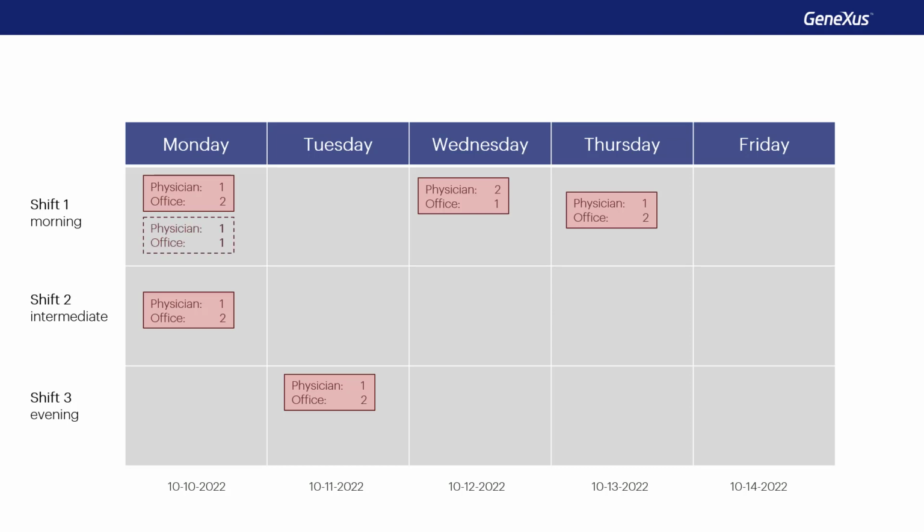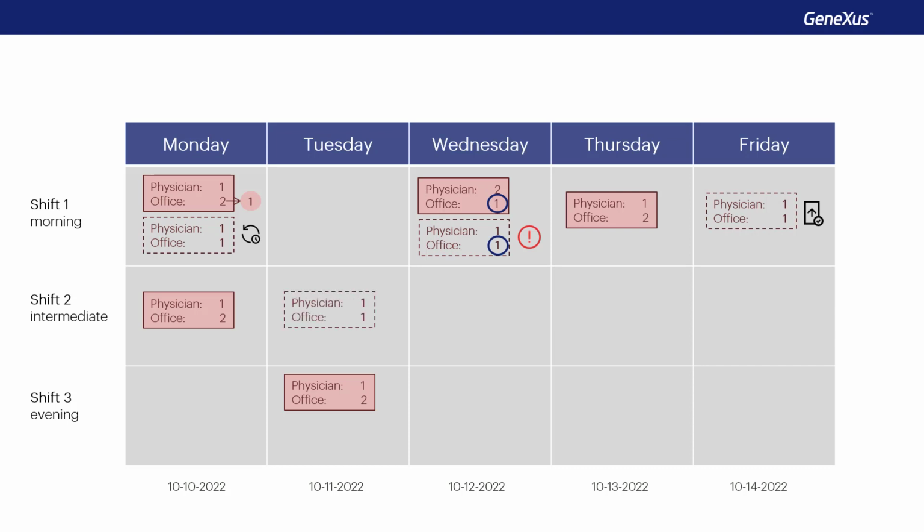For the first one, there already exists a record with that primary key, this one. So, it'll try the update, which will work, changing the office for this one, number 1. For the second one, it checks if there's a record with that key, and since it doesn't exist, it tries the insert, but it'll fail because of a duplicate candidate key. The reason is that office 1 is already used. For the third one, it checks if there's a record with that key. It does not exist, so it tries the insert, which will be successful.